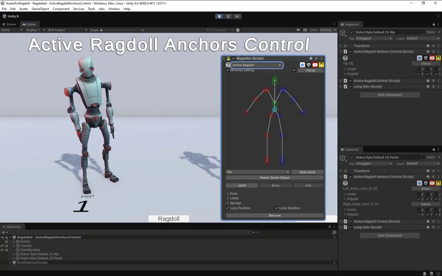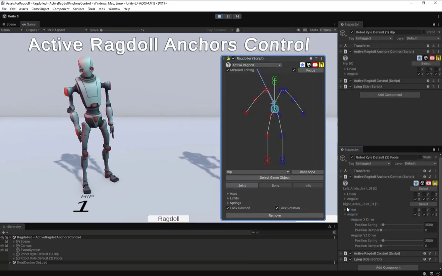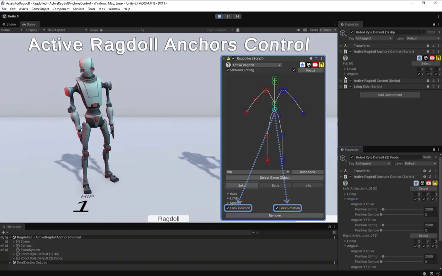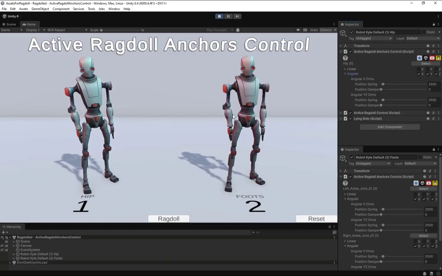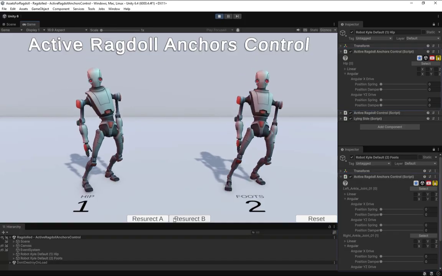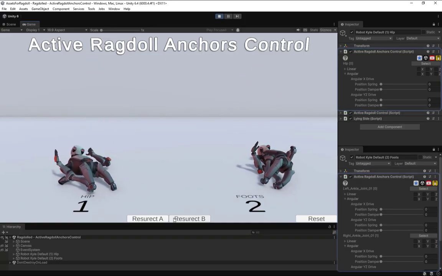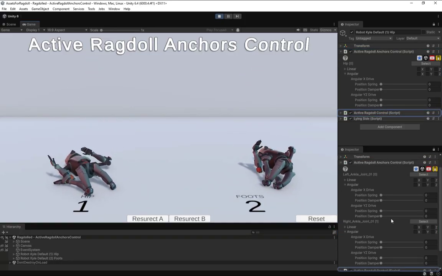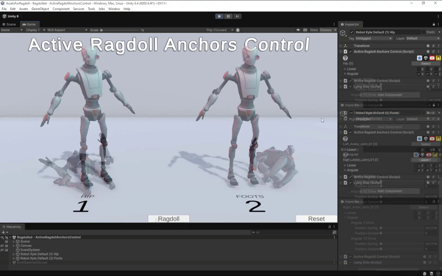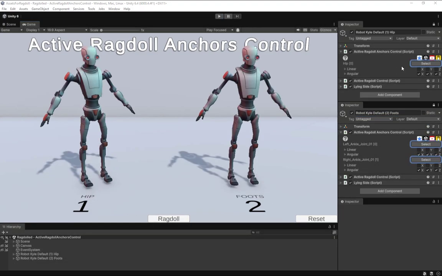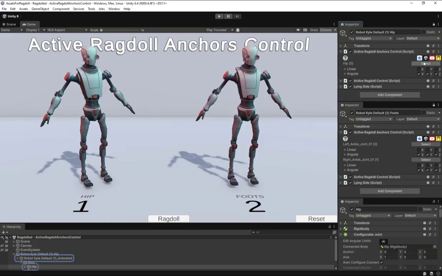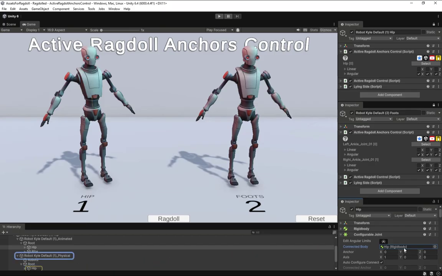When configuring Ragdoll in the Ragdoller editor, you can select bones that serve as animation anchors. The Active Ragdoll Anchors Control script works both in conjunction with Active Ragdoll Control and separately. The Select button will select a game object, a bone that belongs to the skeleton responsible for the animation. This bone will have a configurable joint script, and its connected body will be the bone from the skeleton responsible